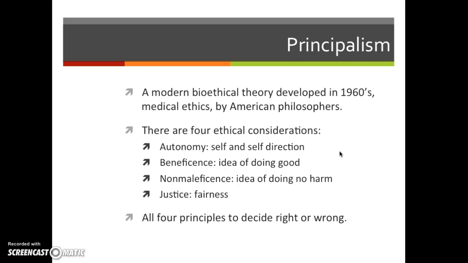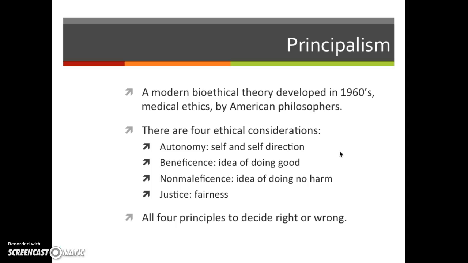All of this kind of can be tied up to a more common modern view of bioethical theory. So we talked about those other ideas, or the historical ethical theories. So now if we look at the modern bioethical theory, which really began to form itself in the 1960s in medical ethics specifically, American philosophers are the ones that kind of came out and started talking about what are the principles here of making theories, of making decisions, ethical decisions. So here are the 4 ethical considerations that they talked about. And these are 4 that we're going to revisit many, many times. So you may want to jot these down on a side notebook or in your notes and make sure that you're able to go back to them.